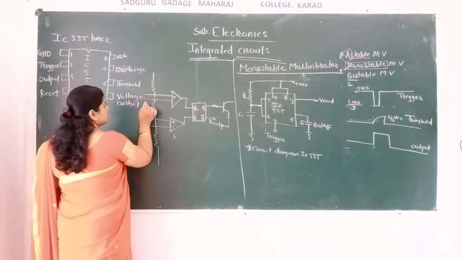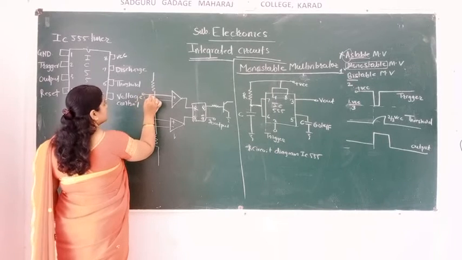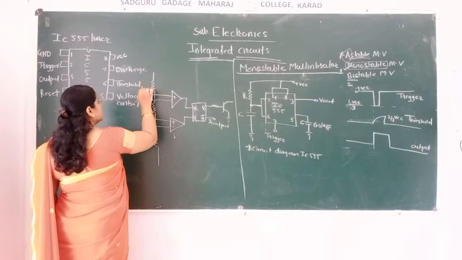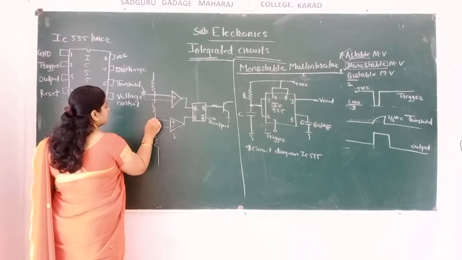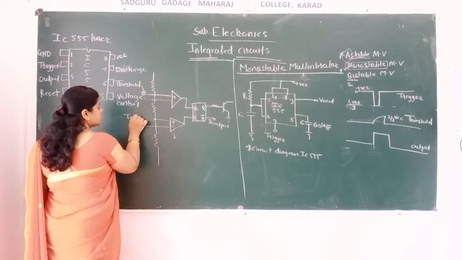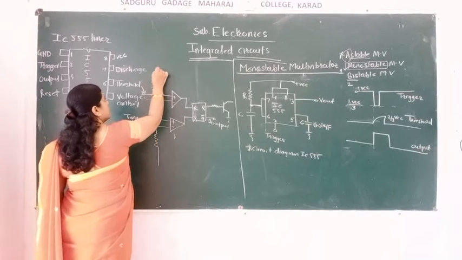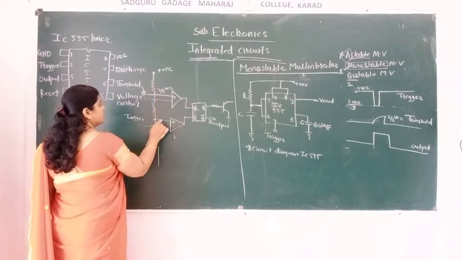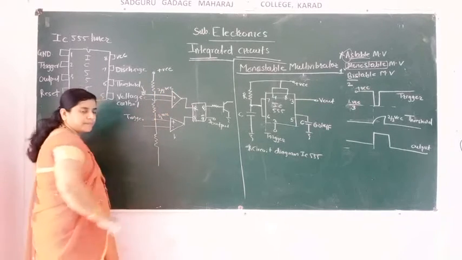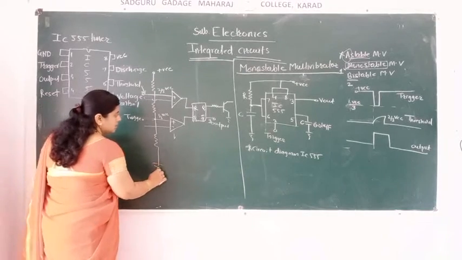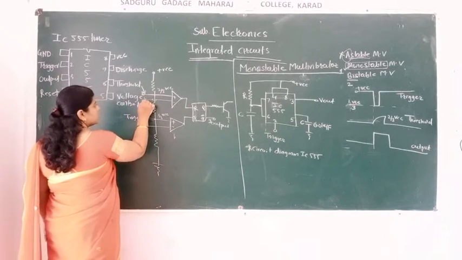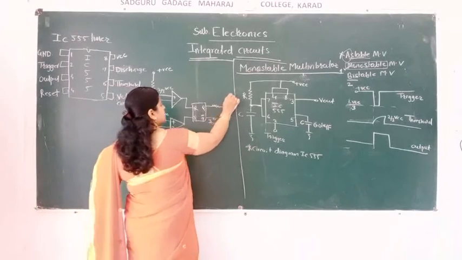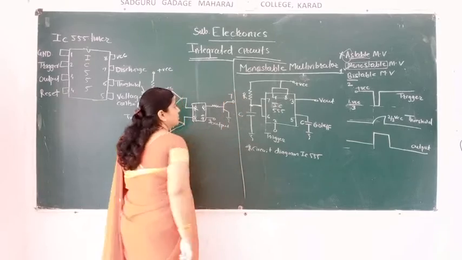So which terminal is there here? Here we are getting 2/3 of VCC, that is the threshold, and here we are getting the trigger input, isn't it? We are applying the plus VCC here. It should be 2/3 of VCC, and this one should be 1/3 of VCC. And this R is grounded, and plus 5 volt is there to control the signal, isn't it? In the previous lecture we have drawn this, and this is pin number 7.